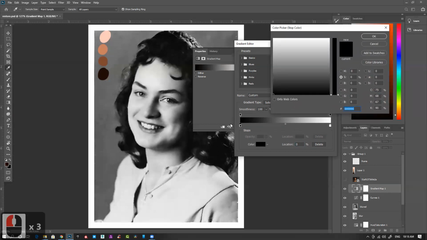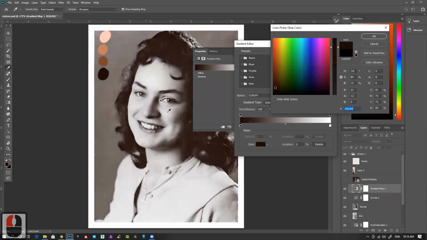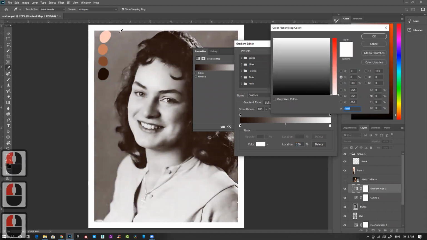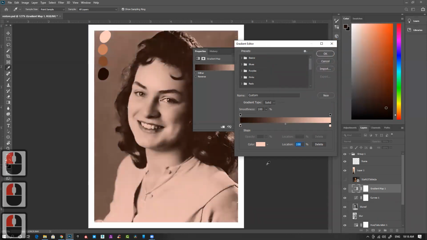Click on this color, and the moment you click on this color, you get this color picker, this window. But if you hover over your image, you can see this picker change to eye drop again. So this black is basically the darkest color. Pick your darkest tone because instantly your image gets that colored tone. Okay, lightest color, and pick this pinkish tint, flesh tint.